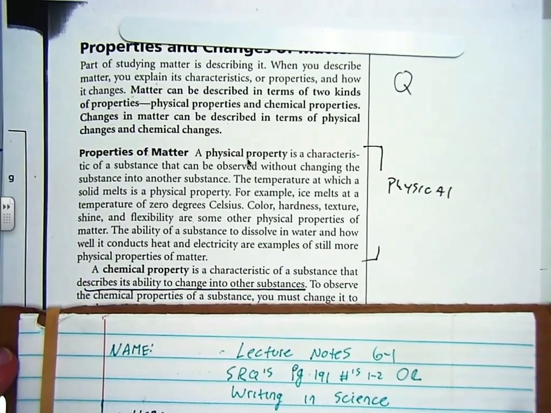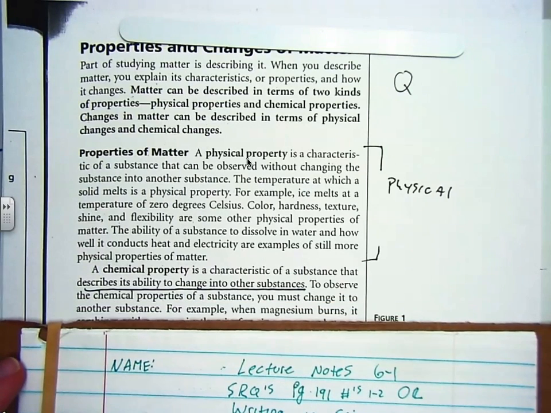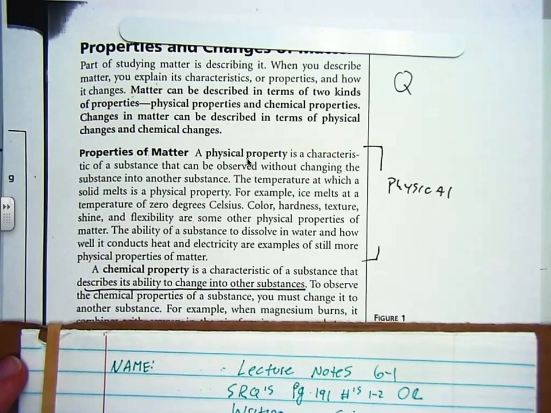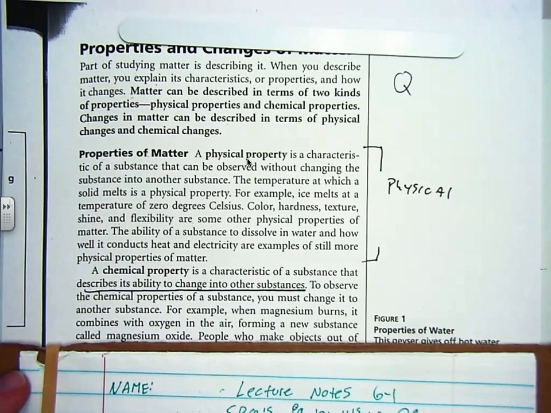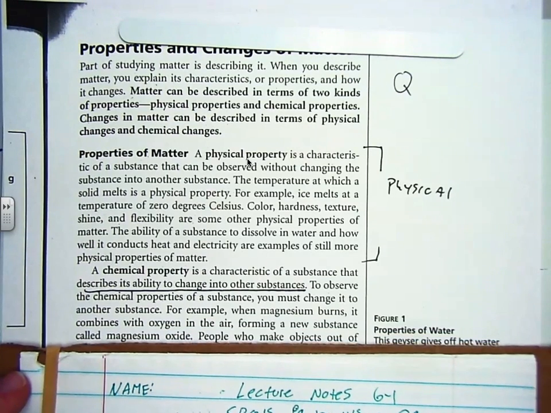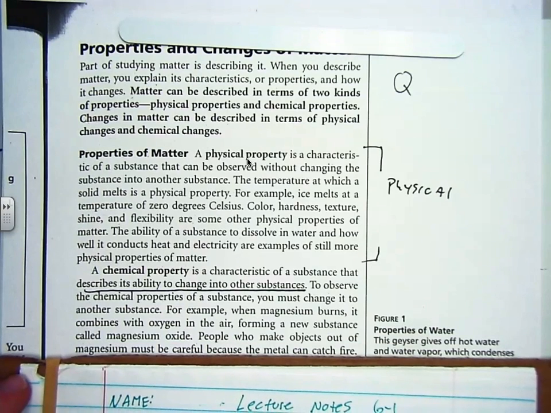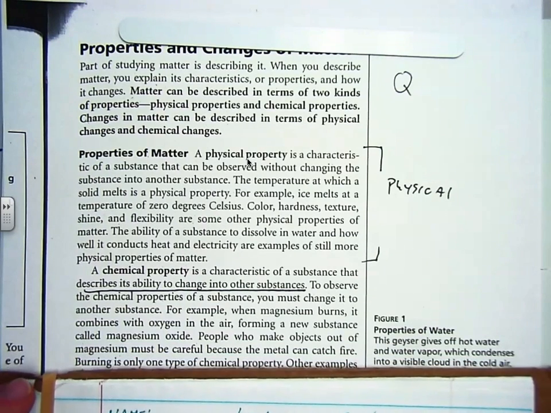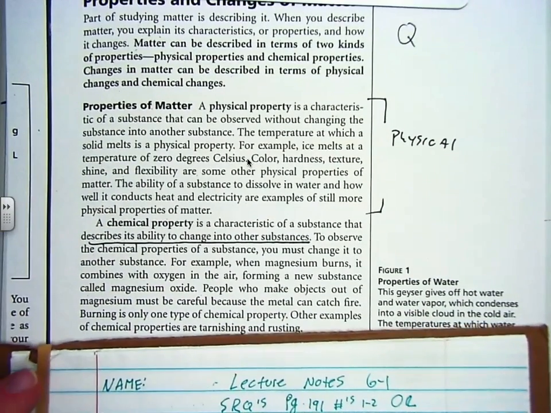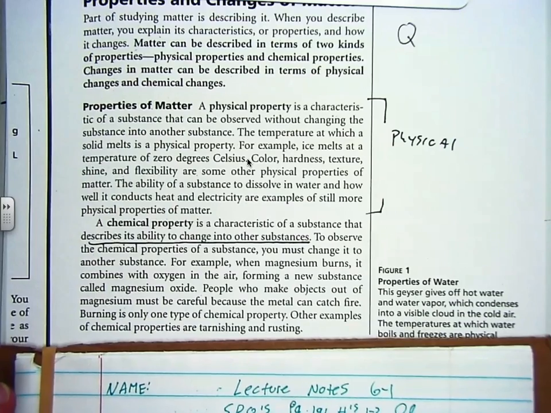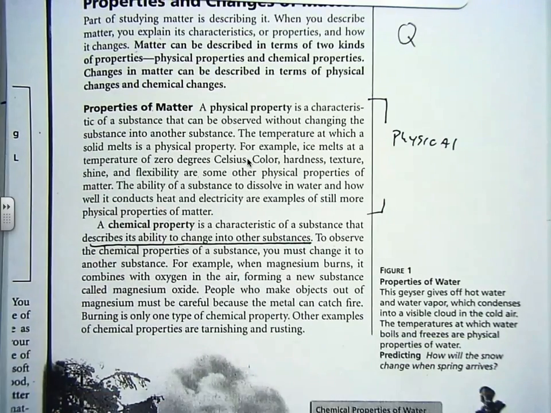To observe the chemical properties of a substance, you must change it into another substance. For example, when magnesium burns, it combines with oxygen in the air, forming a new substance called magnesium oxide. People who make objects out of magnesium must be careful because the metal can catch fire. Burning is only one type of chemical property. Other examples of chemical properties are tarnishing and rusting. And